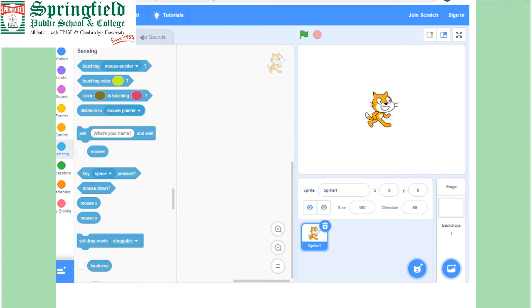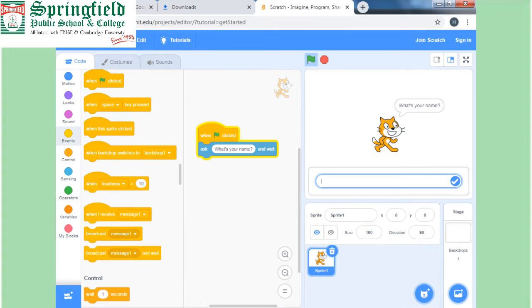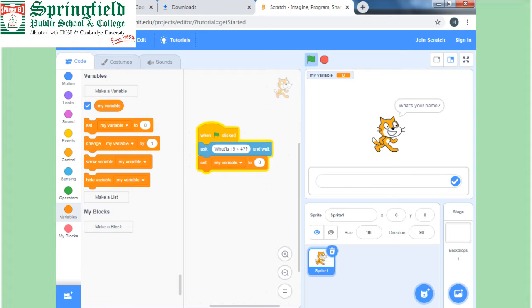How? For input we have to press the blue dot labeled sensing. Click on this block and we will see the sensing blocks, code that is already written. In the Scratch program we just have to pick the code and drag it to the right panel, onto the script area. In this script area we have to change the input, we have to change the questions. In this way we are asking for the input from the user.